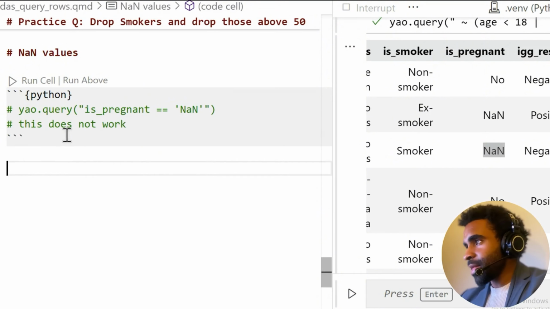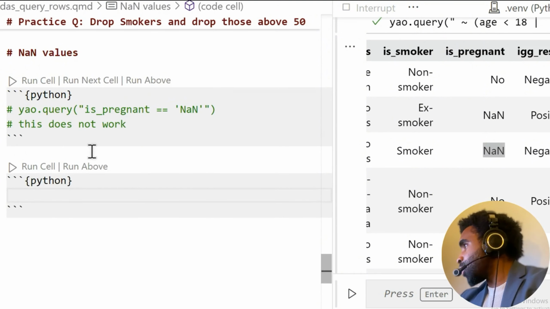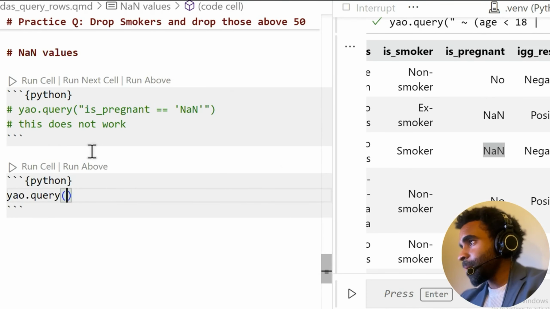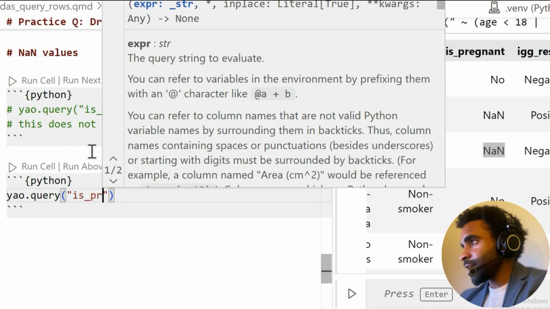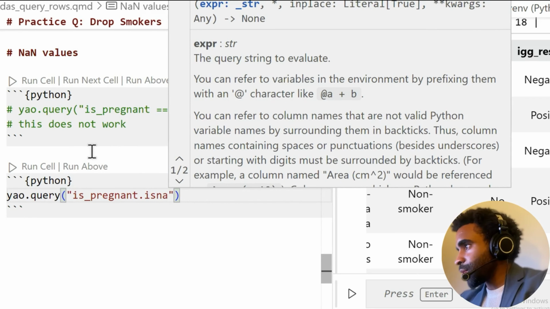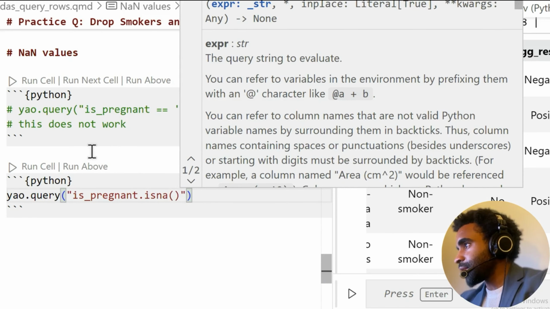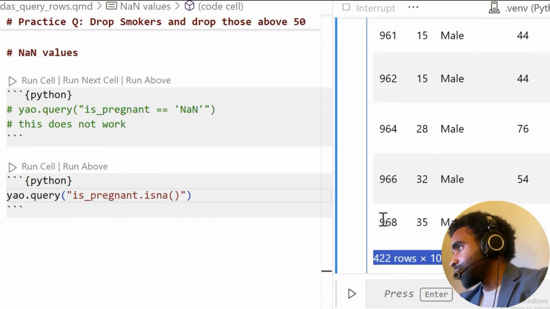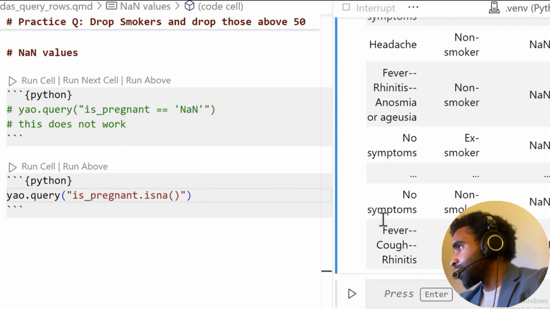Well, there's a special method to access that. And it's simply called isNa. So let's see how to use it. Let's do yao.query again. And then in quotes, we're going to say isPregnant dot isNa. And this is a method, so we need to put open and close parentheses. And now we can run this, and we can see our 422 men who have an NA value for that